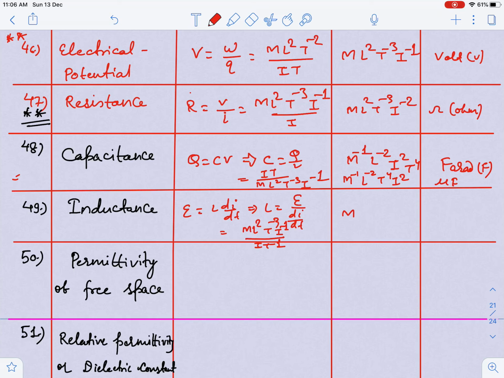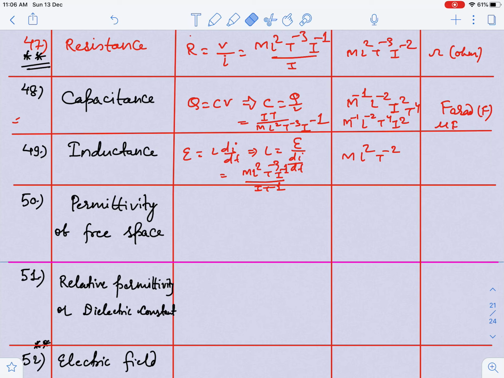T to the power 2, because L square, guys. So I can say that L square, T to the power minus 2 it will become, because minus 1 when goes up becomes minus 2, minus 3 plus this is minus 1, guys. This is I T minus 1. So I'm writing it clearly. So this is nothing but I T minus 1. So you are seeing this is I T minus 1. Now guys, that is why I said like this, I T minus 1 it is.